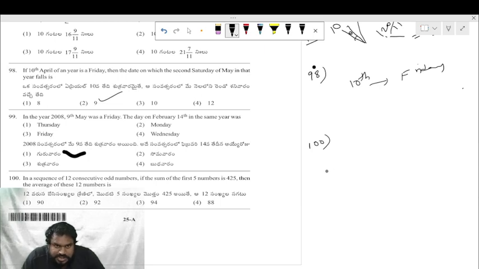Next, question number 100. In a sequence of 12 consecutive odd numbers, the sum of the first 5 numbers